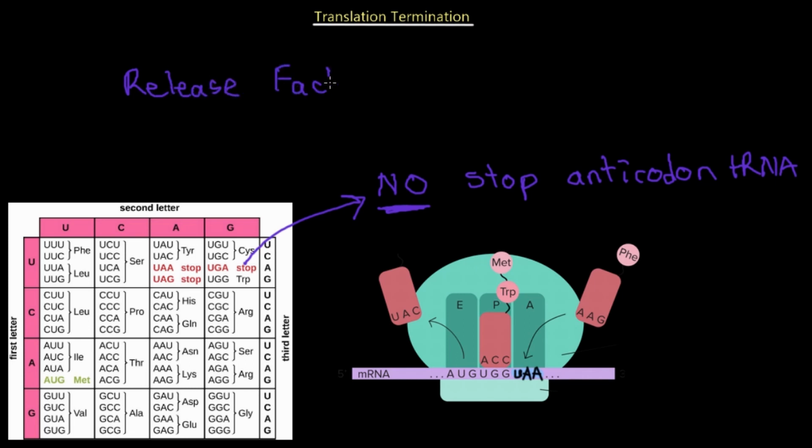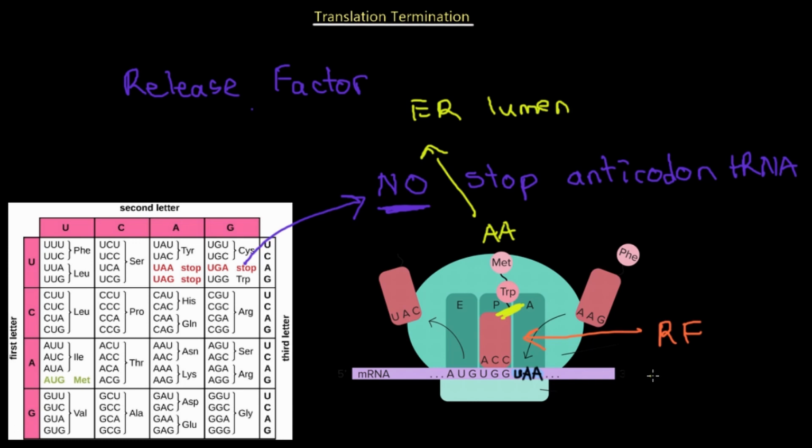Release factor will bind to the A site. So it's going to bind right here to the A site. The RF will bind there, and it's going to cleave right here. It's going to cleave the amino acids that will be released into the endoplasmic reticulum lumen. So that's the significance of it. RF is going to bind to the A site, which will cleave the amino acid from the P site and